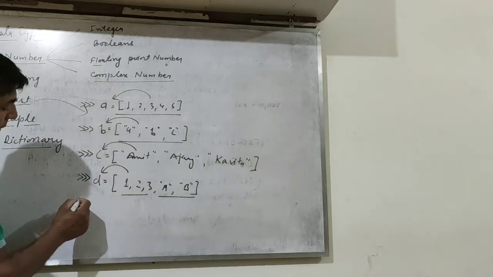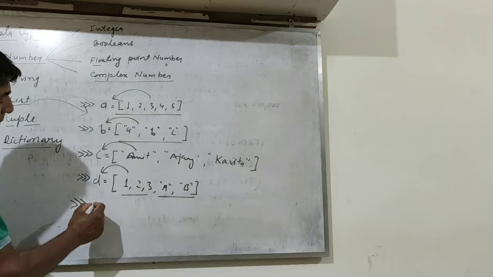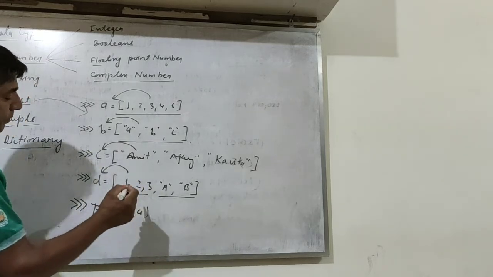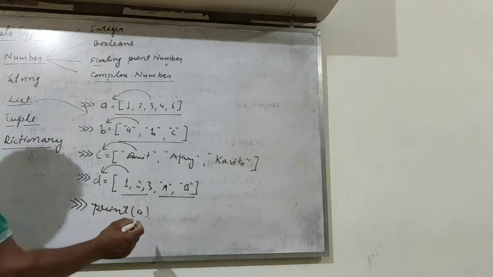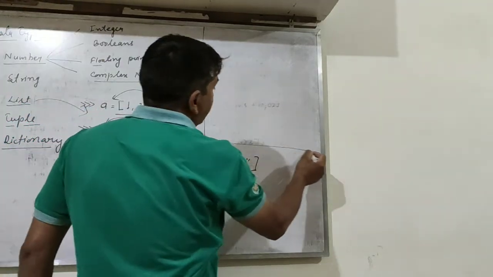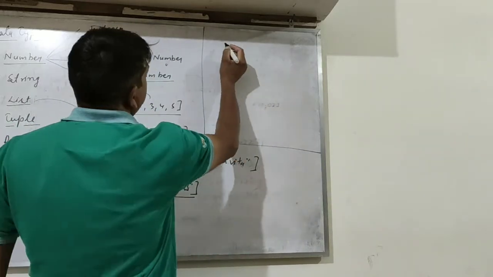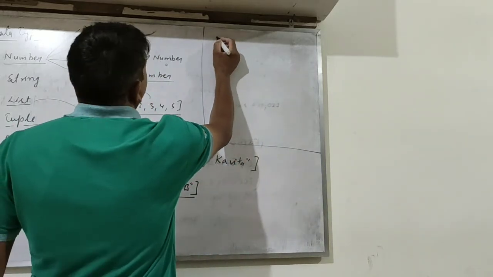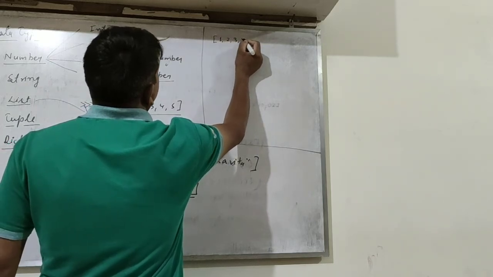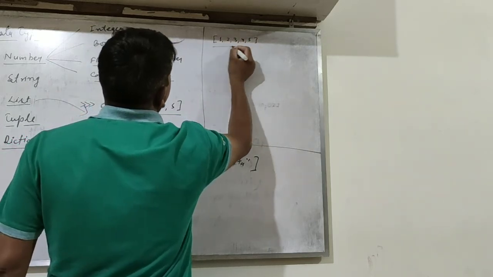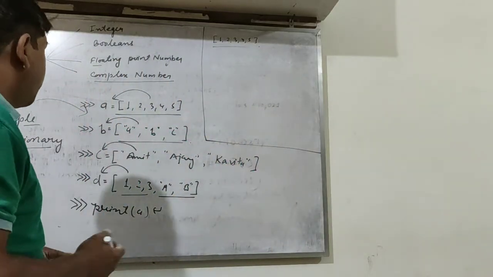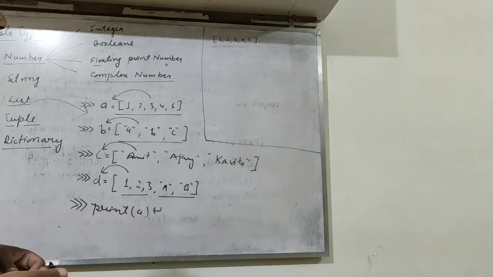Suppose you are in the Python prompt and you have to write out, suppose you are writing print, and after that you print A and press the enter key. When you press the enter key, as you know, the result will come in front of you. The result is displayed: 1, 2, 3, 4, 5. It displays the entire result. Okay, this is a way to display the entire information.